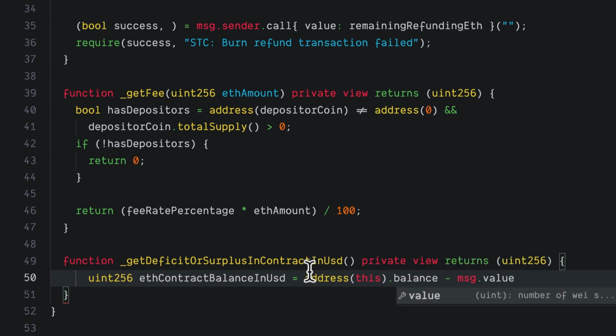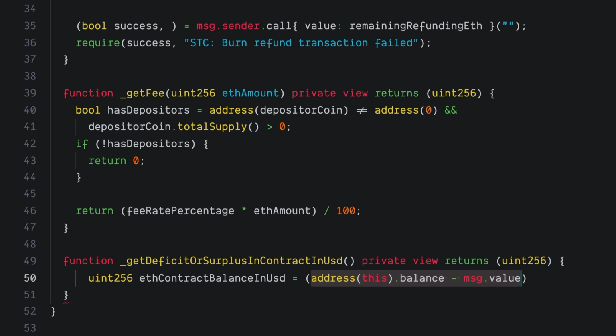So then this will tell us the amount of Ether in the contract before someone called a function here. We subtract msg.value because that's what someone is currently adding to the contract, and we want to know what the balance was before that. And then this is the amount of Ether. Now we want to have it in US dollars, so we can just do times